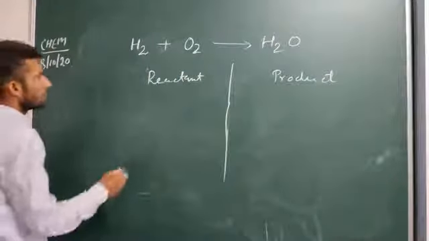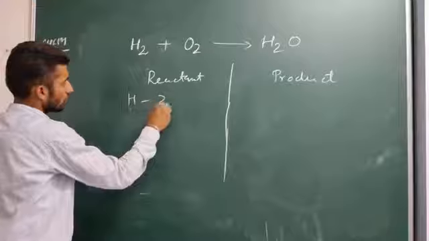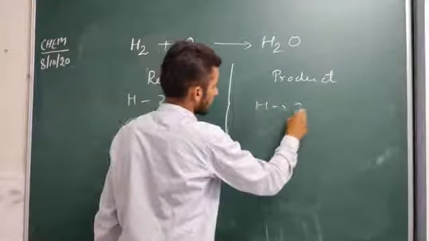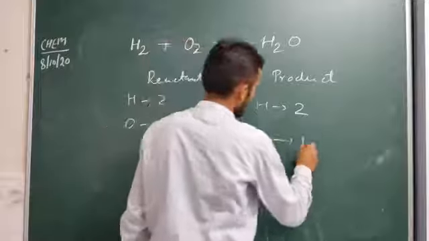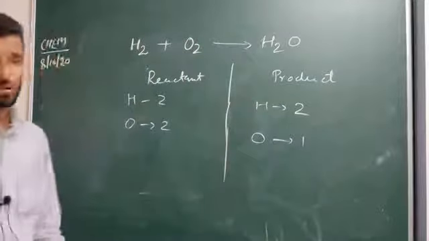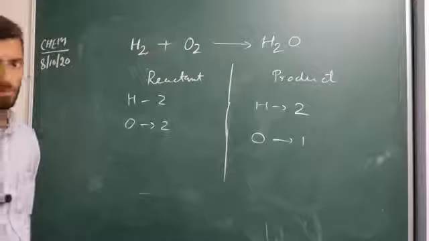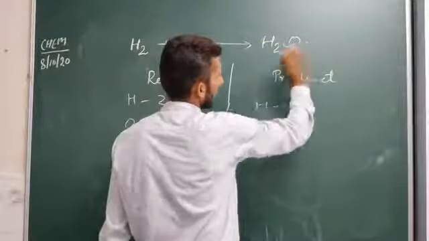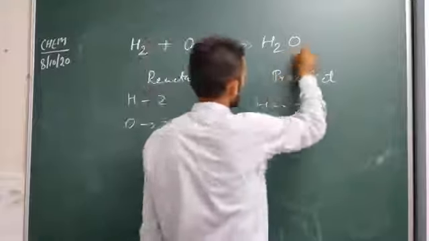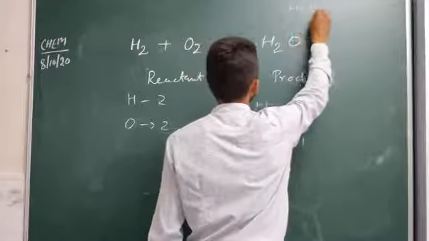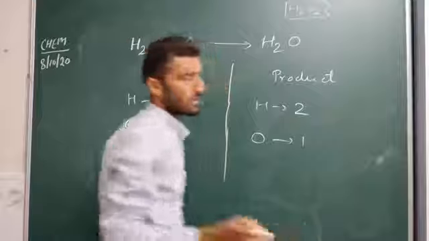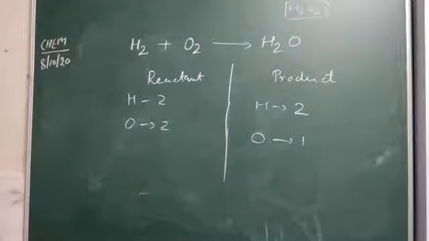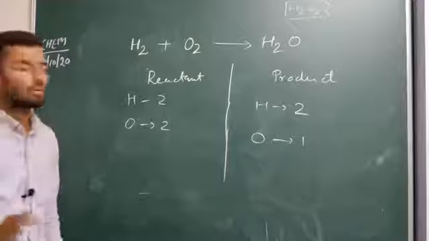So again, very simple. Hydrogen is 2 and oxygen is 2 on one side; here hydrogen is 2 and oxygen is 1. Now you need to balance the oxygen atoms because the hydrogens are already balanced. So how will you balance? You need not write 2 here as a subscript, because then it will become H2O2, which is a separate formula. It is not the formula for water, it is for hydrogen peroxide. So then the equation will be totally wrong.